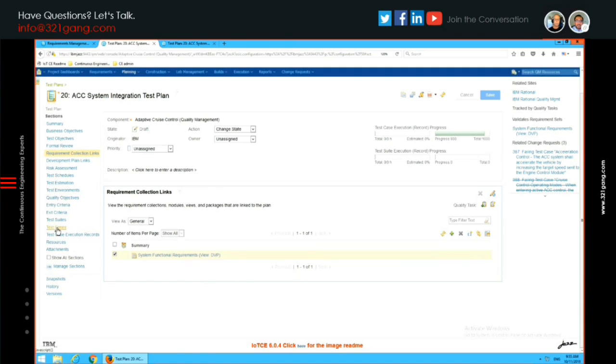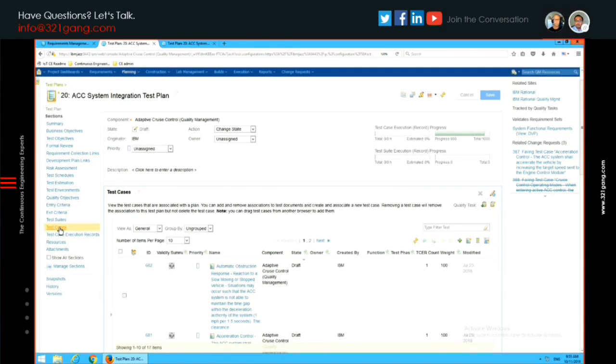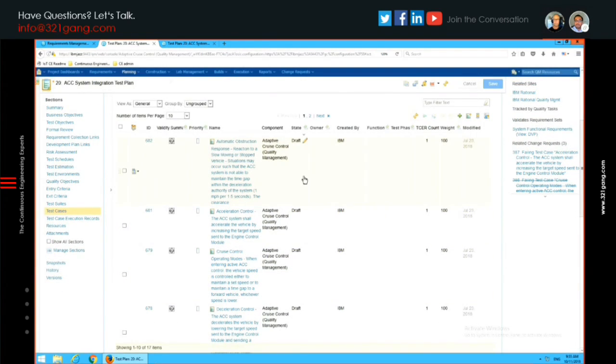So now I can look at the test cases that are now associated with this test plan. I can look at all of them, and I can see that these are in draft state. Those test cases can have their own workflow. They can be under draft, and they can have a review and approval. Once they're approved, you can set up permissions and roles so that you can only run tests that are approved. And it's a library, so we can reutilize these test cases.